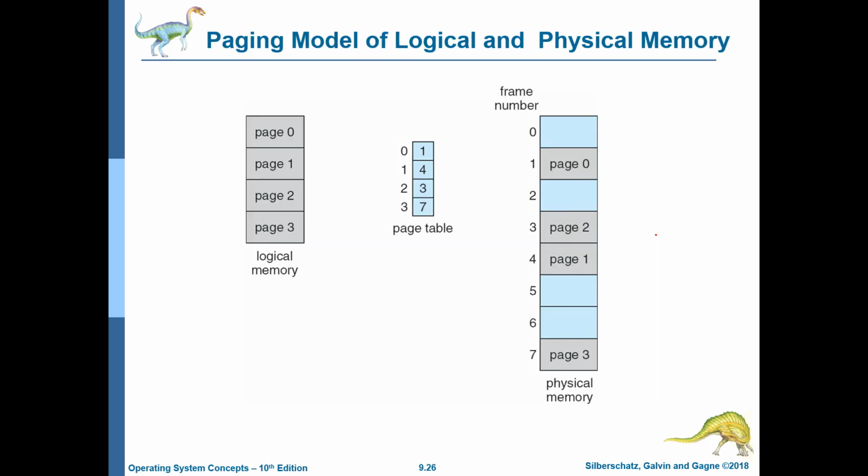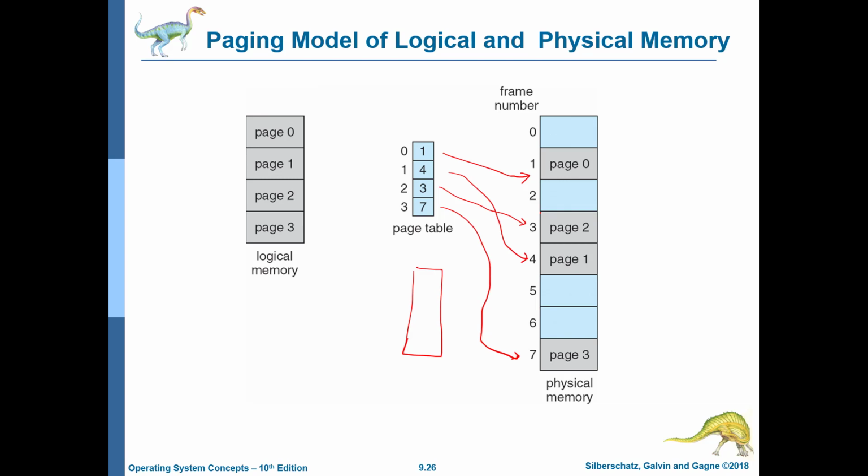So the model of paging is something like this: let's say if these are our 4 pages, then the 4 pages can be mapped to different points within the physical memory, and the frames need not be contiguous. This gives us an immediate advantage: for 2 processes they would have 2 separate page tables. Mind you, you have a page table per process, and the other page table can map to a different set of frames, so there is no overlap.